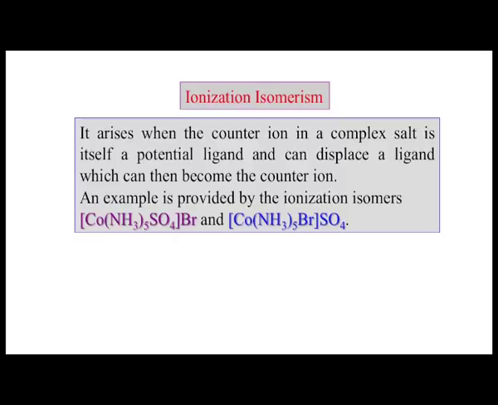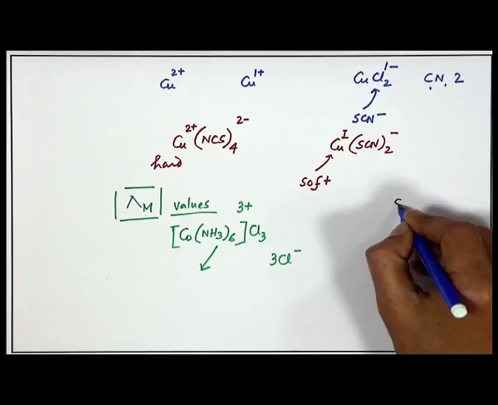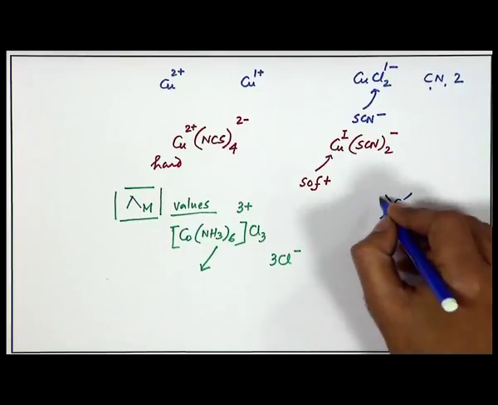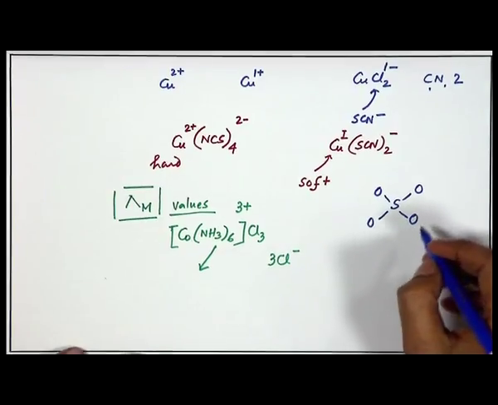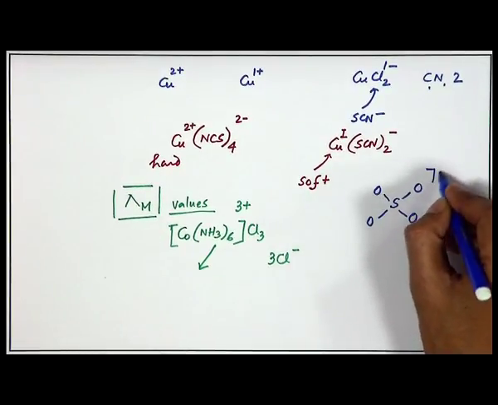So, if the ligand is a potential ligand, you can coordinate it to the metal center or you can displace it outside. We get a situation where the sulphate group is inside the coordination sphere, and in another case we have the sulphate group outside the coordination sphere. So, we should know the nature of coordination of the sulphate function, and whenever we have some anionic or cationic group, always try to write it down nicely. This has the sulphate function, and sulphate, like perchlorate, has a charge of 2 minus.